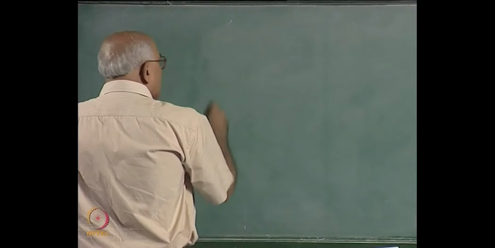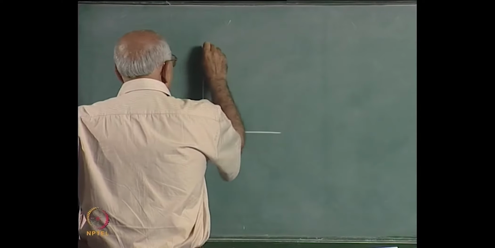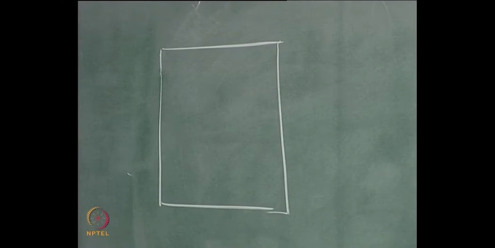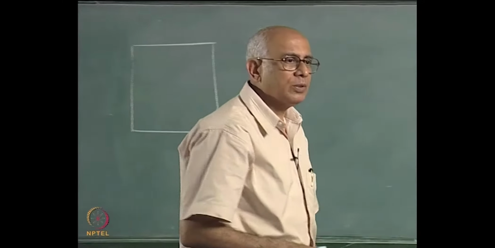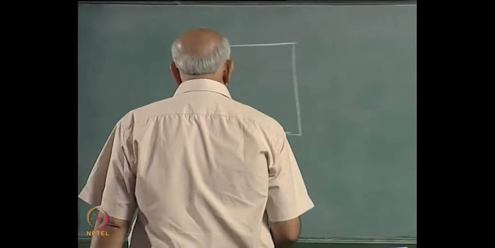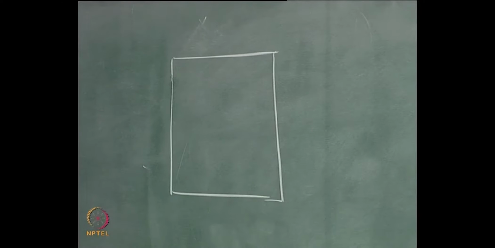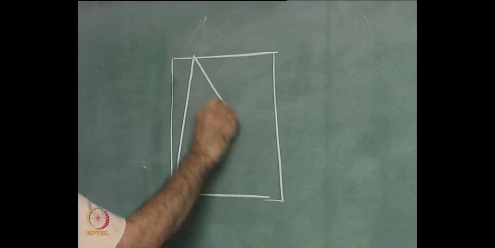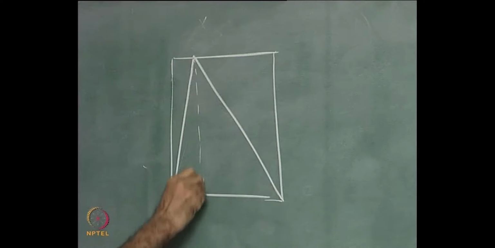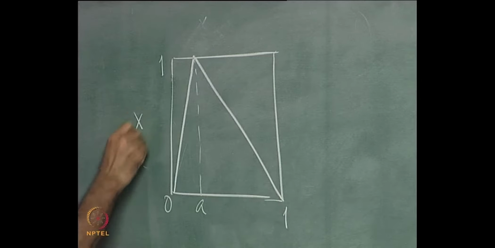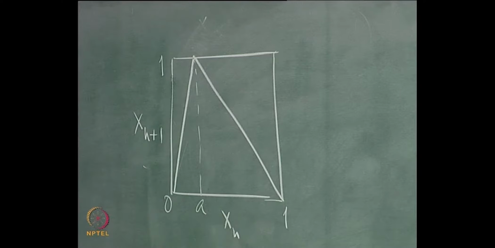And now just to make things a little less accidentally degenerate, let us look at the tent map once again of the unit interval, but we will make it an asymmetric tent map just so that we do not have artificial degeneracies, and there is a specific reason why I do so. So let us take, instead of a tent map which goes up and comes down to half, let us say it goes up in this fashion and comes down there for the rest of it, and let us suppose this is some number a which is less than a half. So 0 and 1 here, and this is unity here, and this is my map function. So this is how xn plus 1 is given xn.